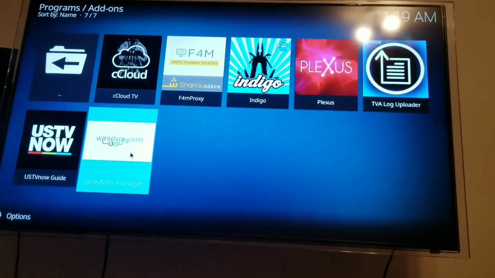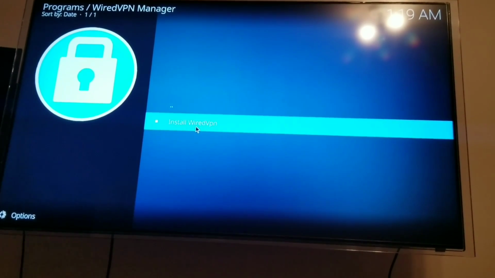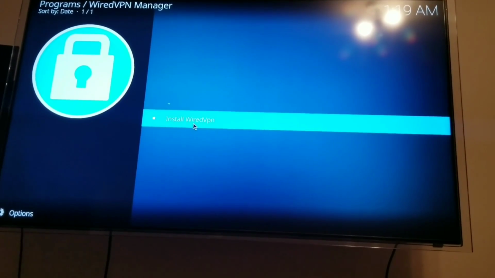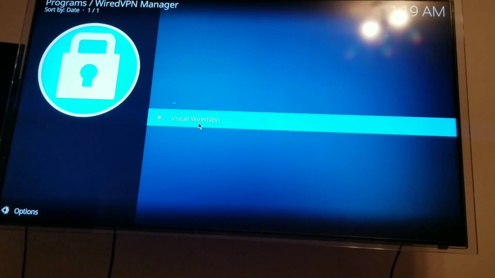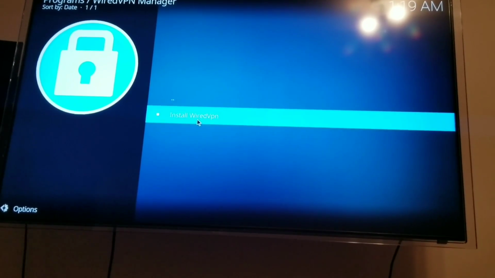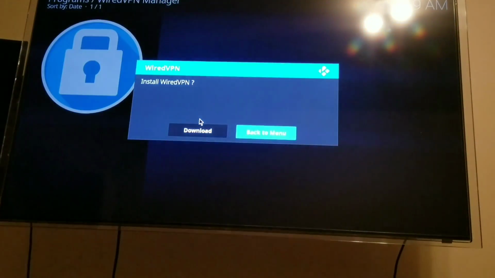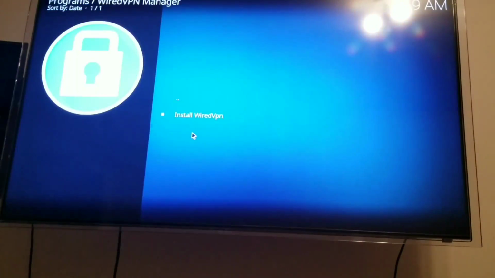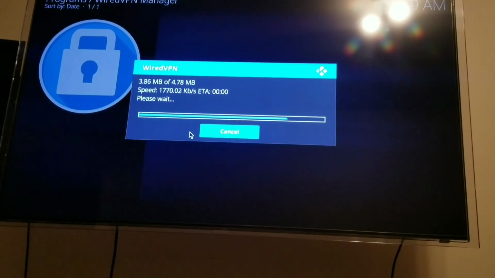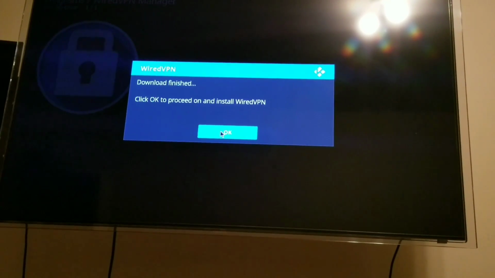Now when you select Wired VPN Manager on an Android device, it'll say install Wired VPN. For those using Linux devices, you won't need to go through this process because instead it'll just say connected or choose a server. Okay. For Android devices, you click install Wired VPN and you want to select download on the screen. This download should take just a moment, and then it'll ask you if you want to proceed. You click OK,